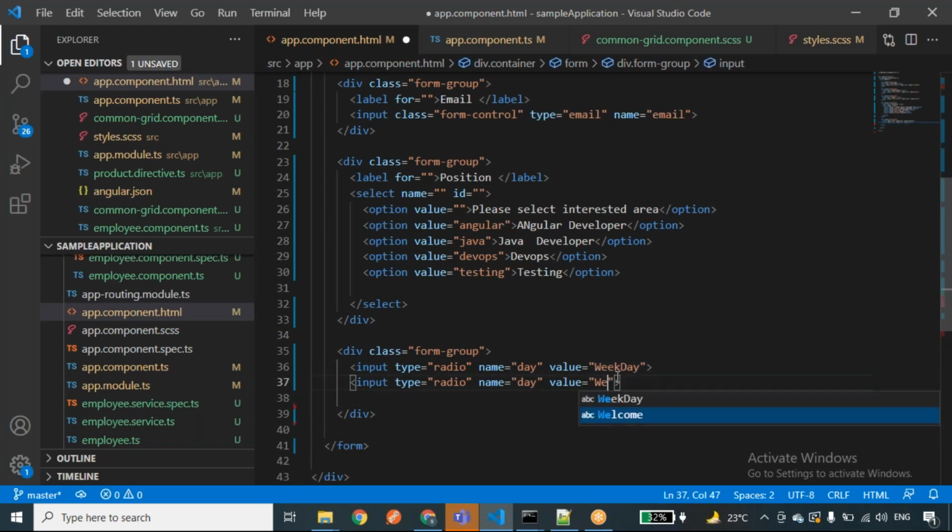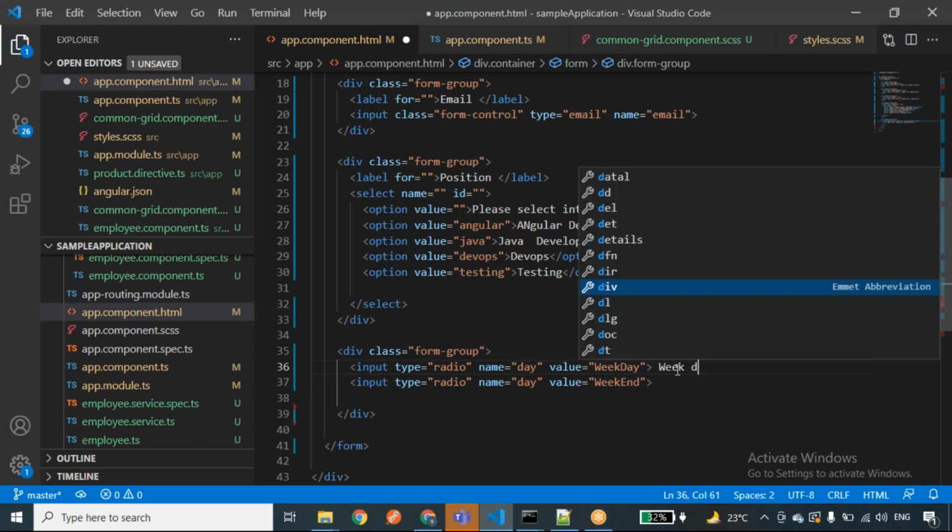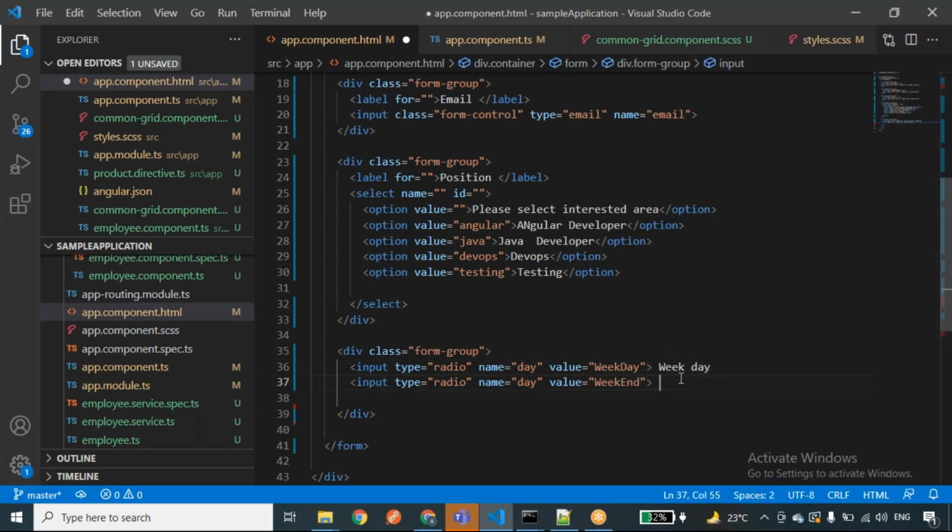So I'll give it as weekday, a weekend. So next we'll take one more form control called checkbox. Div class form group.